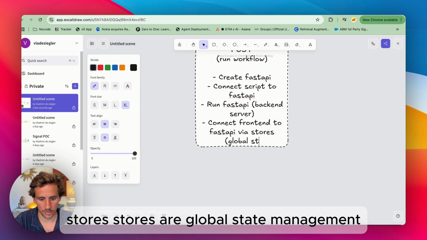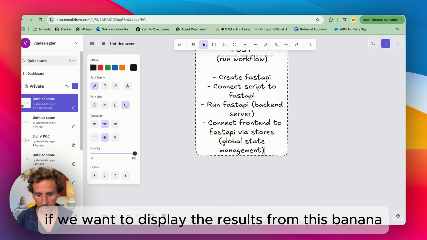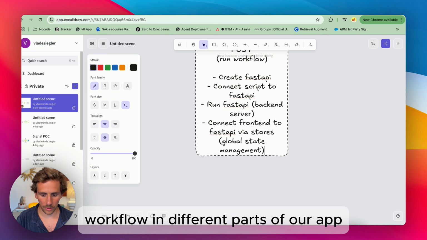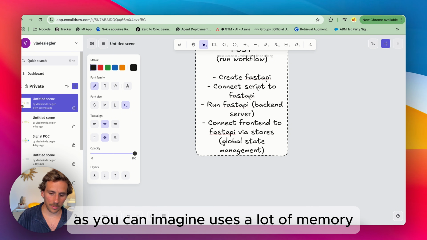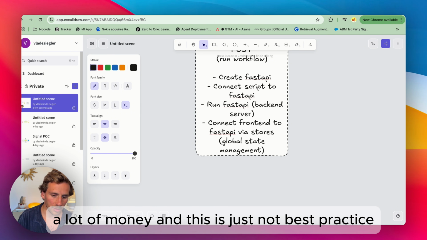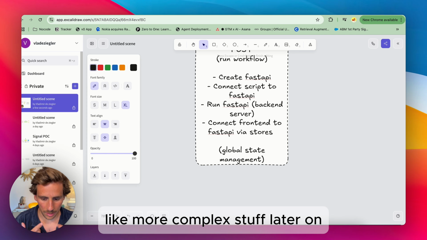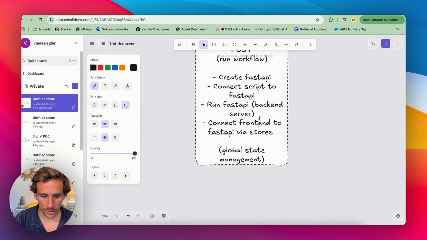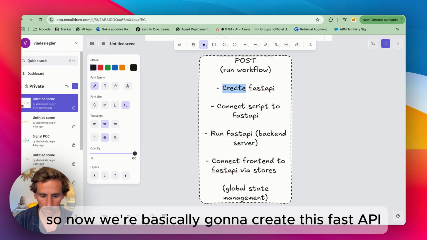Stores are global state management, which basically means that if we want to display the results from this banana workflow in different parts of our app, we don't want to hit this endpoint and run this workflow every time. As you can imagine, it uses a lot of memory and a lot of money, and this is just not best practice. So we're going to make sure it's manageable so that you can reuse the code and build more complex stuff later on. So if we go over each step,